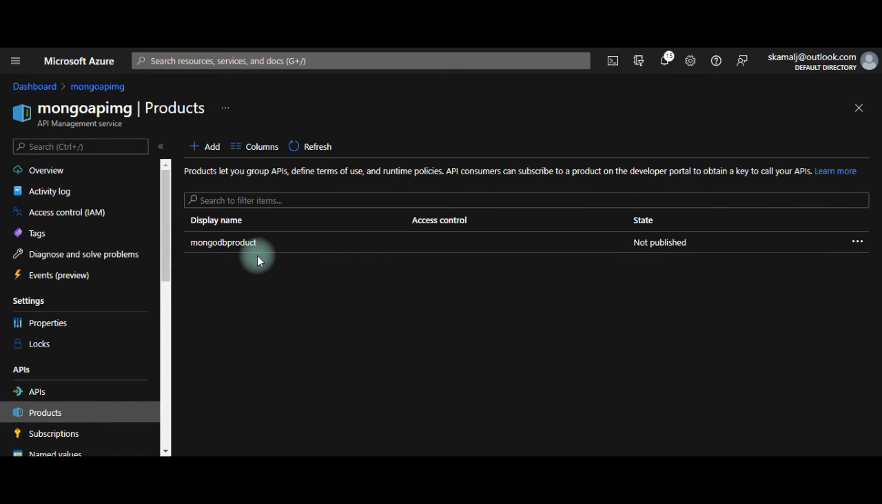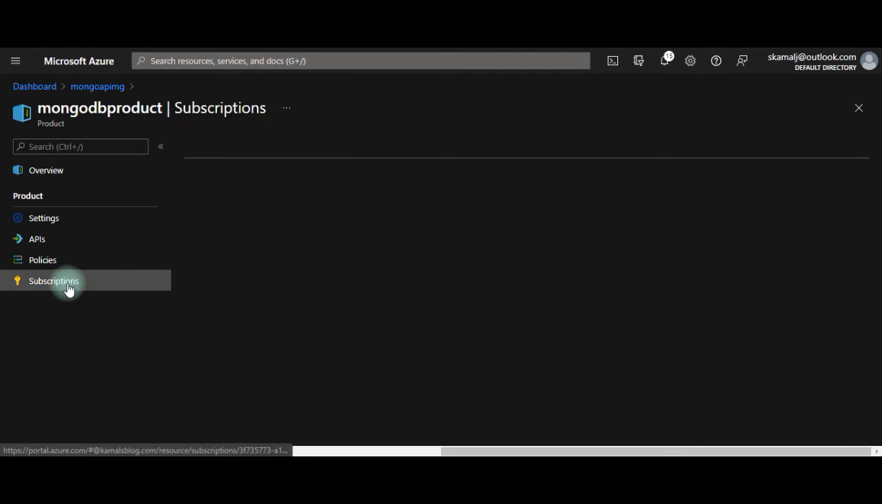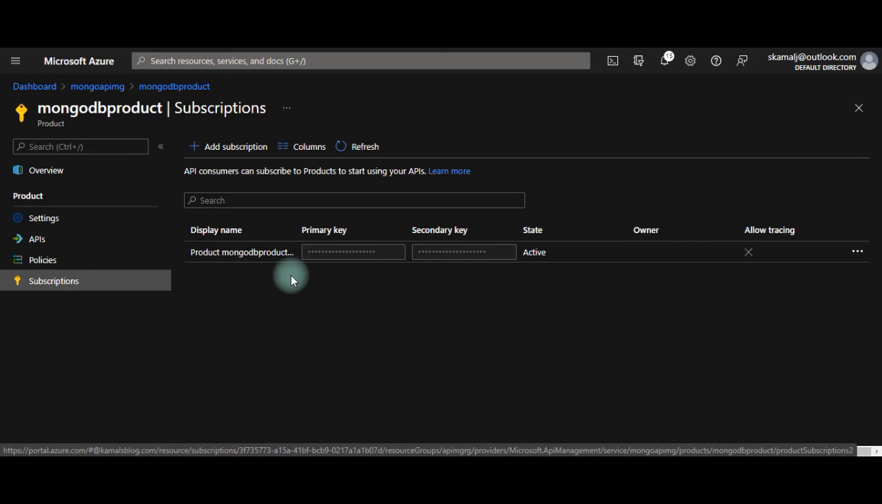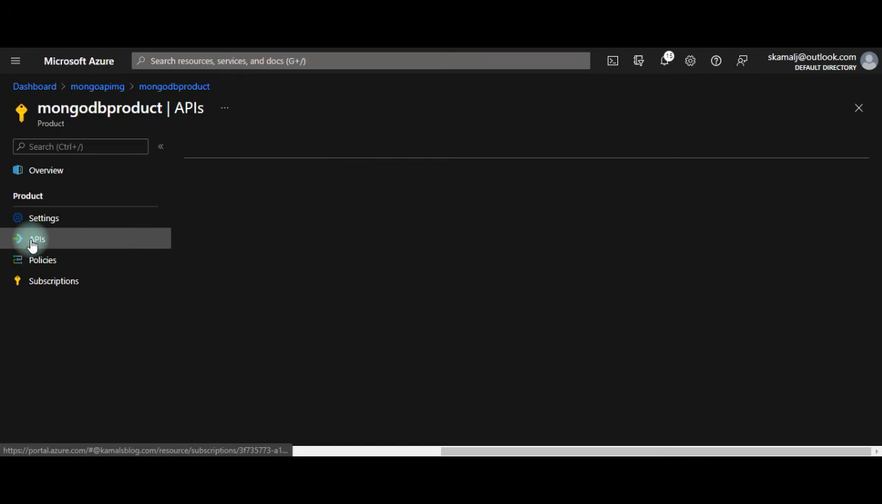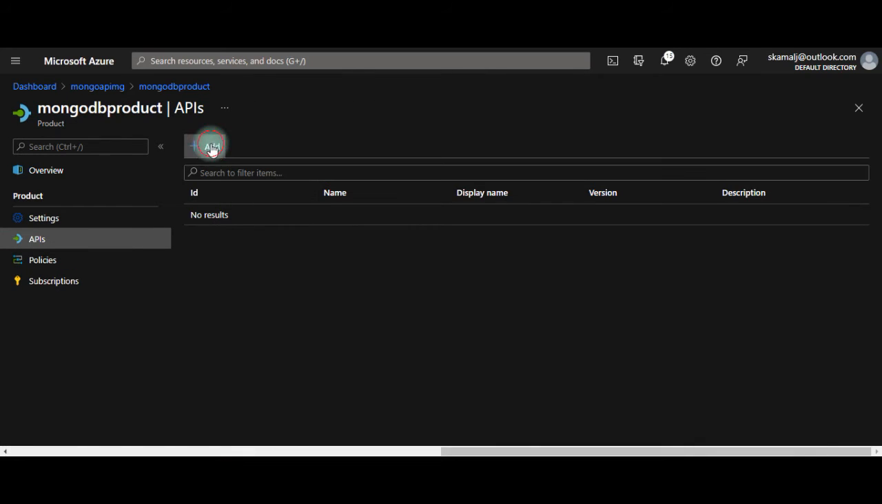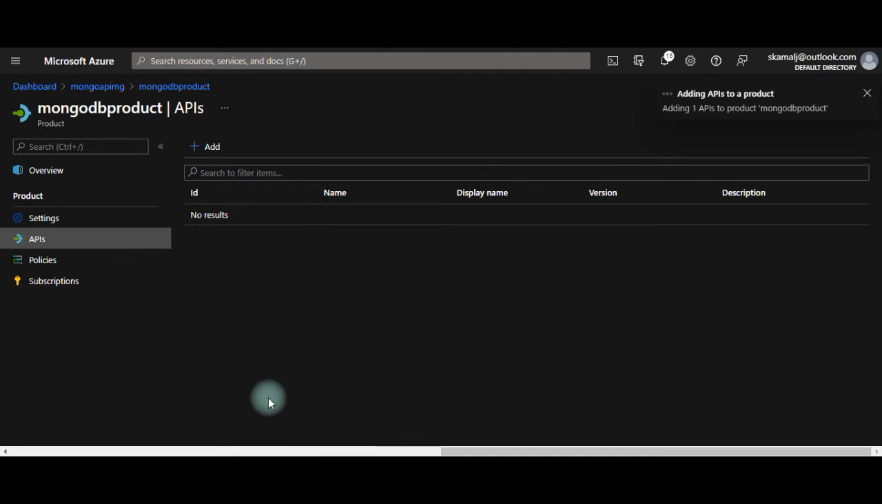Now, another thing that we have to do is go into the products, and this I have already created, and we need a subscription key from this product, and I'll show you that. So you create a product and you create a subscription, and this is the subscription key that we need. But along with it, we also have to register our new API with the product. So I'll just add it here. So now that is done, and the subscription key was already available with me, and that is already set in the Postman. So now if we go to the Postman